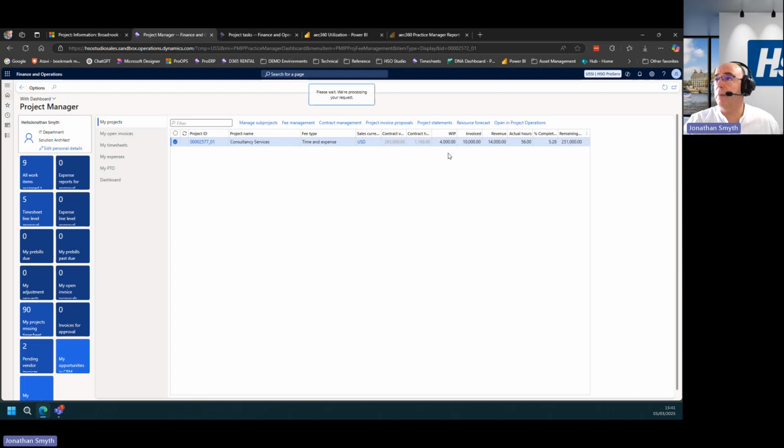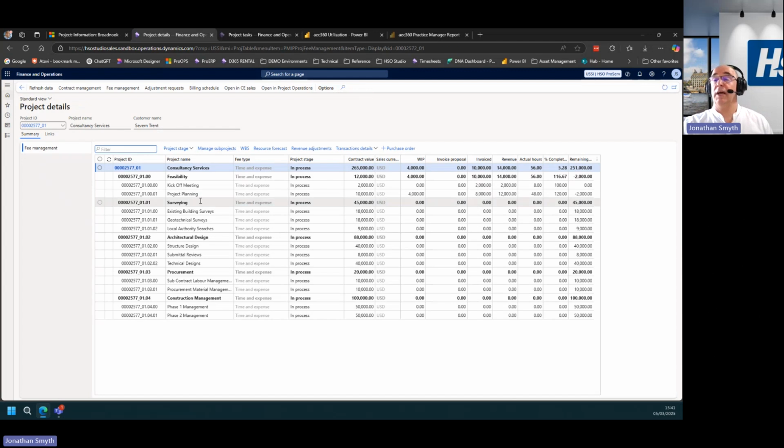Once this just pops up, what I should have the ability to do is to see the project structure associated with this specific project as well. So here it is. And again, we can see that familiar project structure where we've got our various different phases of feasibility and surveying and so forth.